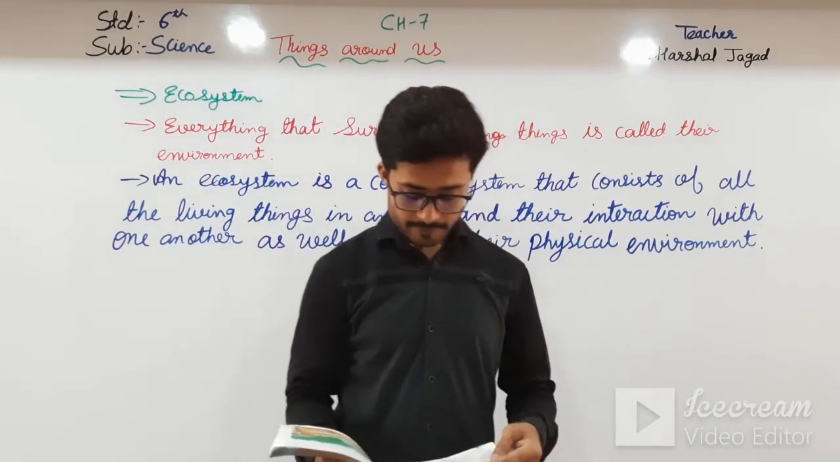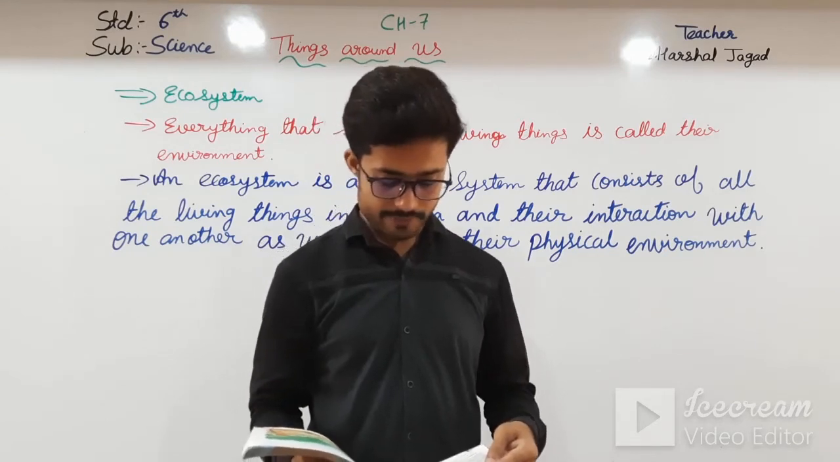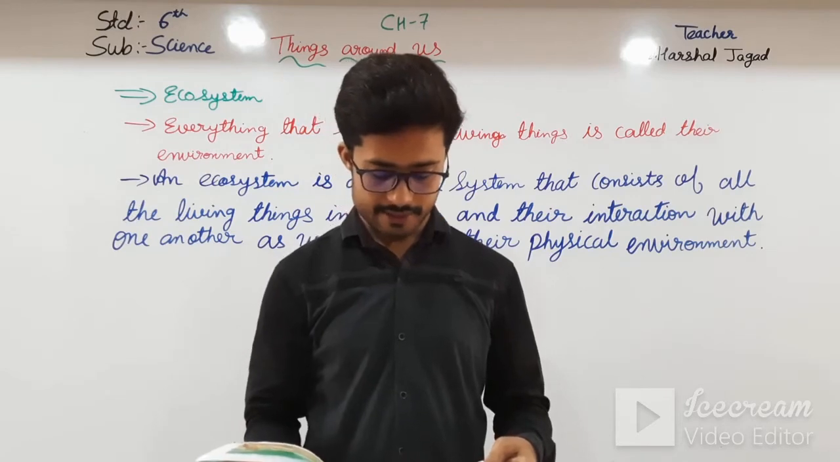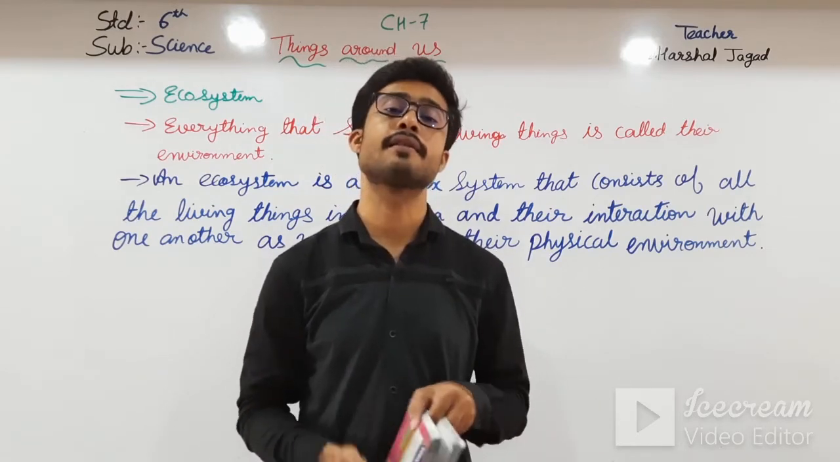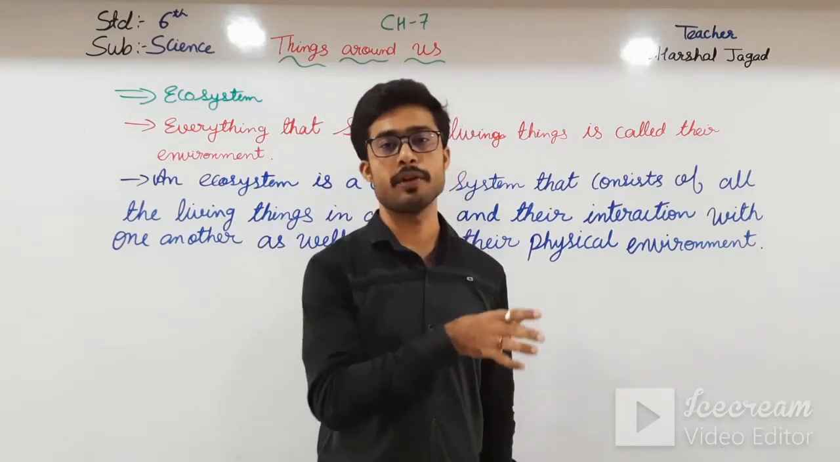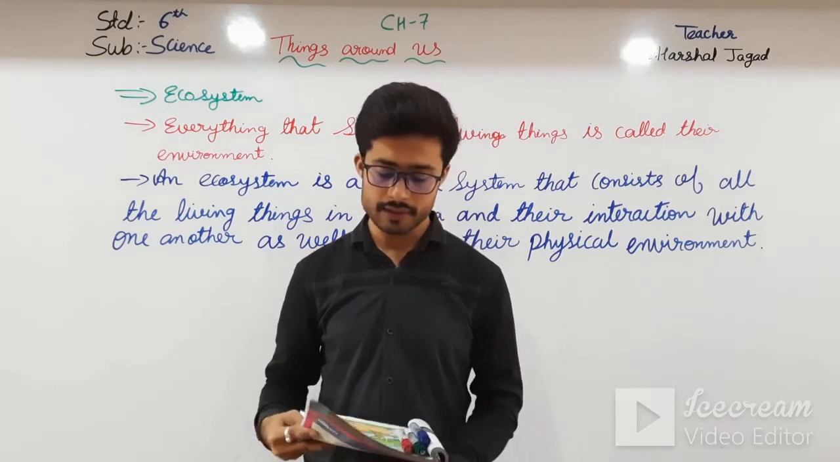See here, the process by which green plants make their own food with the help of chlorophyll in the presence of sunlight, using carbon dioxide and water, is called the photosynthesis process. By the process of photosynthesis, they produce their food on their own. Okay, students, moving further,